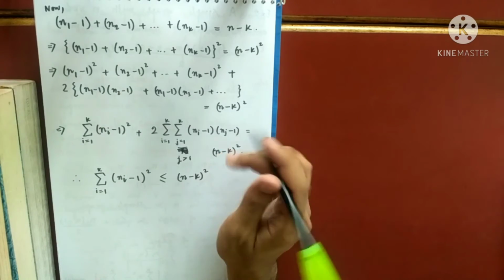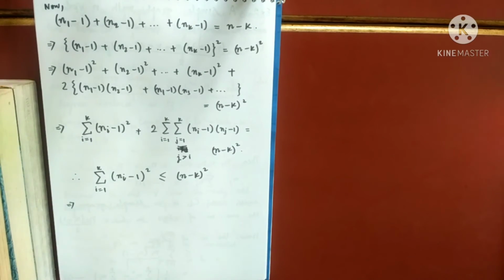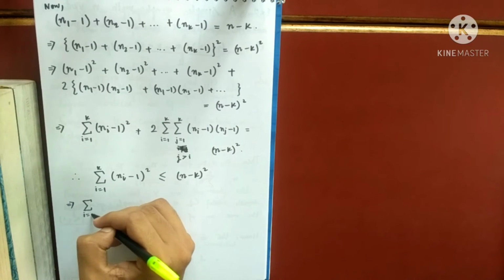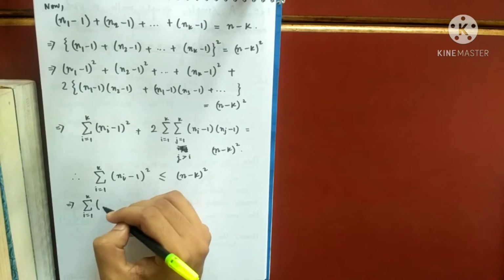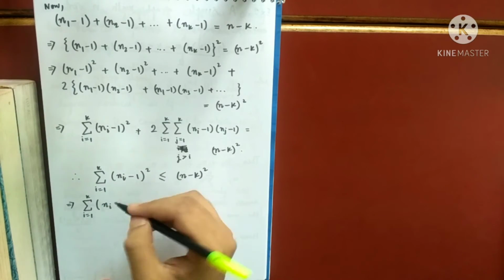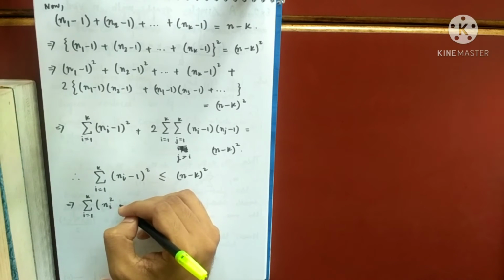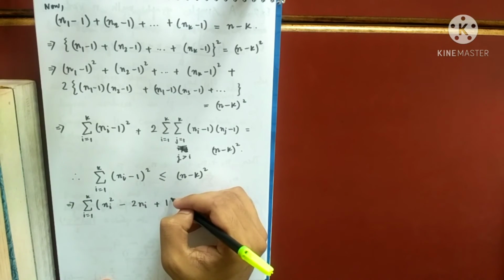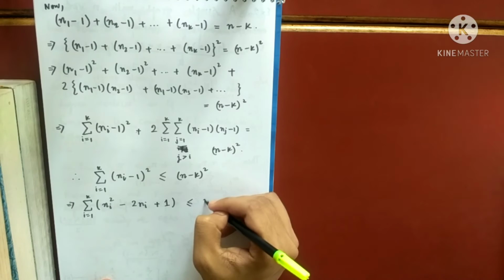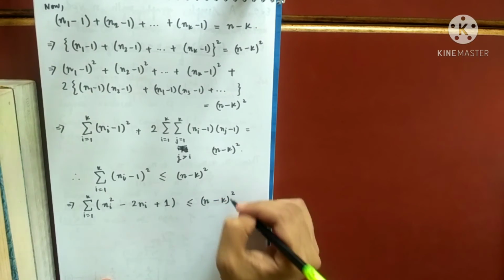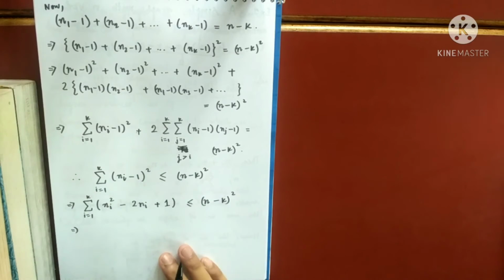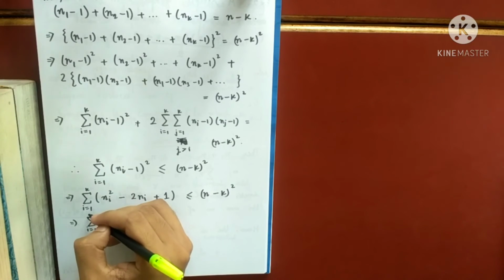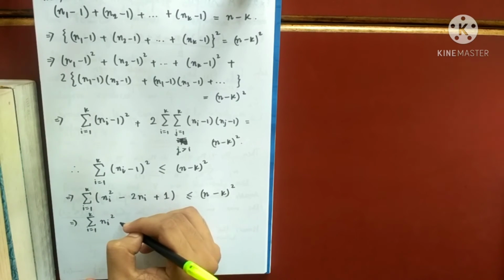Now again open the bracket, open the summation. This is nothing but summation i running from 1 up to k. Open the formula for (a plus b) whole square. You have done this in statistics, this kind of thing. a square minus 2ab plus b square. Let's see how good you are in statistics. Yes, I'm writing as it is. So I'll split the summation over each of the terms. So what is the first summation? Summation i running from 1 to k ni square.